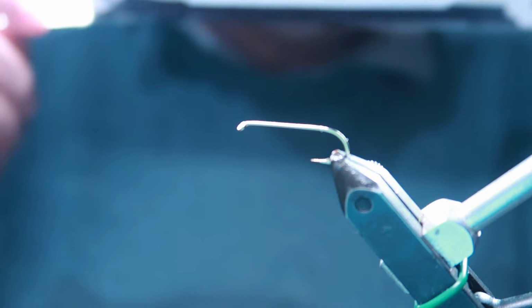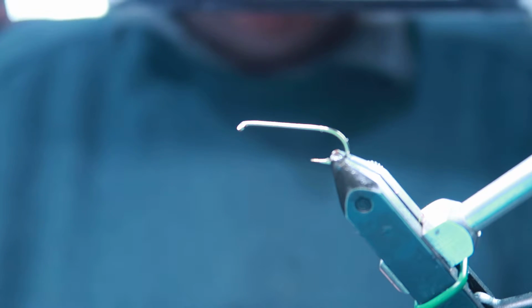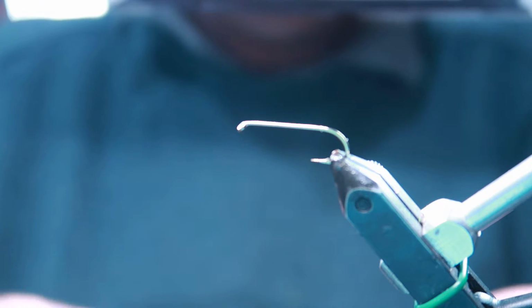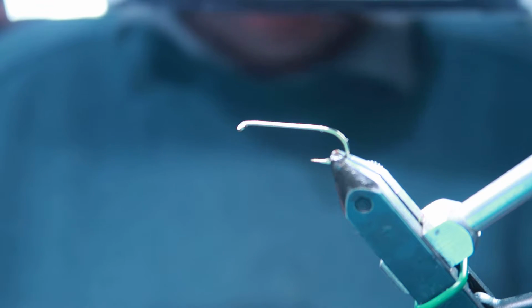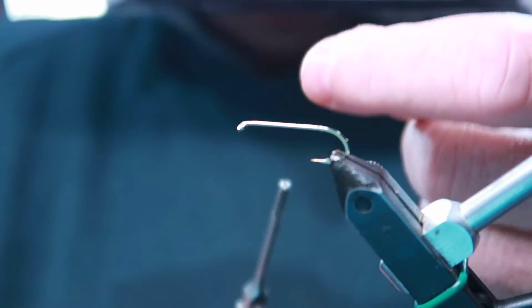So this is a Matuka style fly. Again, they're still used in the States and everywhere. It's a very popular shape of a fly, and it behaves well in the water. Just put a wee bit of